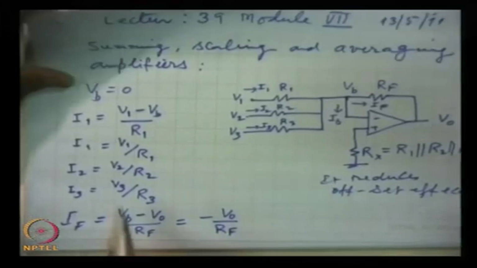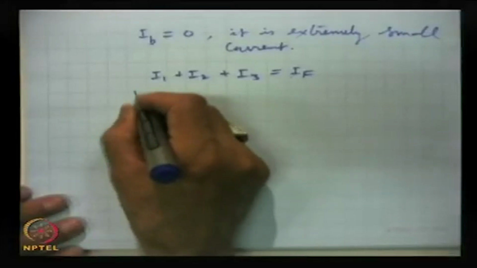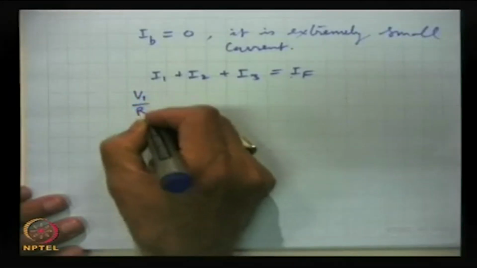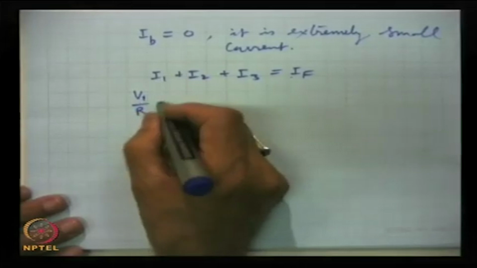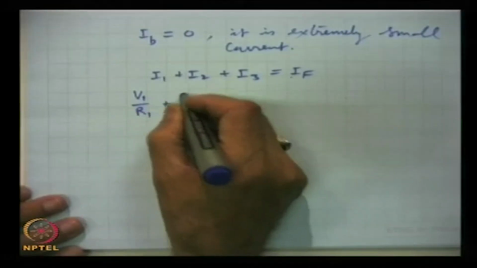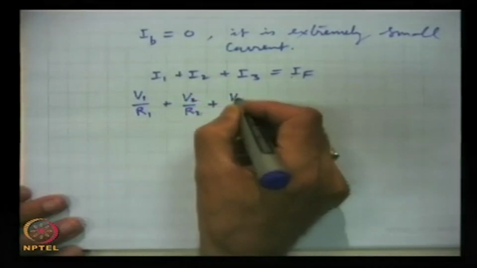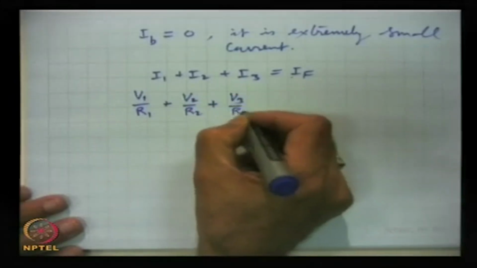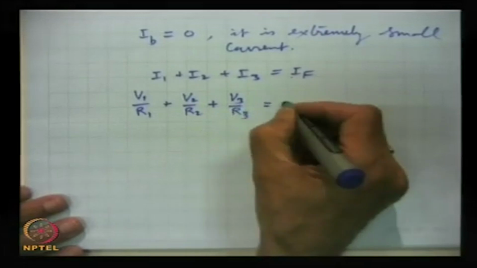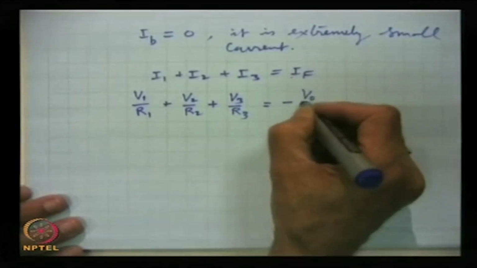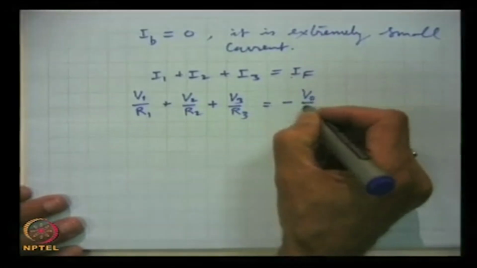So, substituting the values of all the currents in this expression, we get V1 by R1, which is I1, plus V2 by R2 plus V3 by R3, and this is equal to minus V0 by RF,